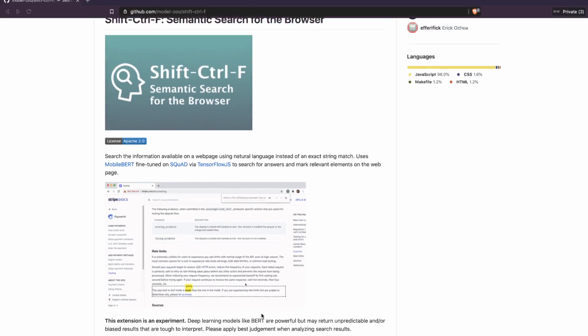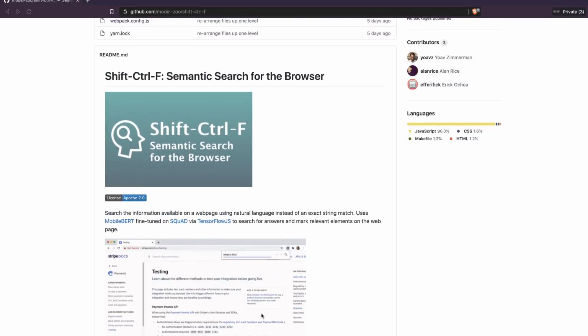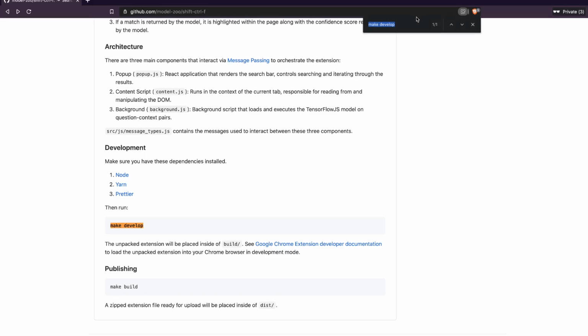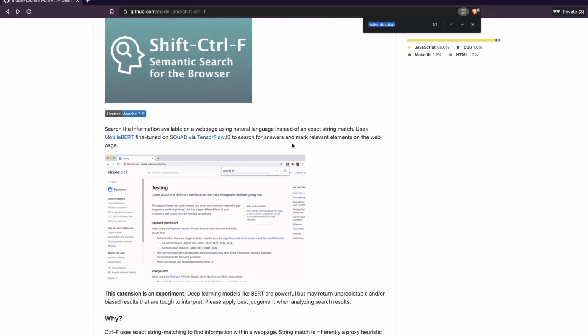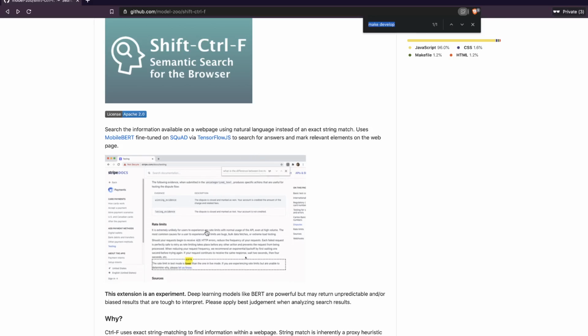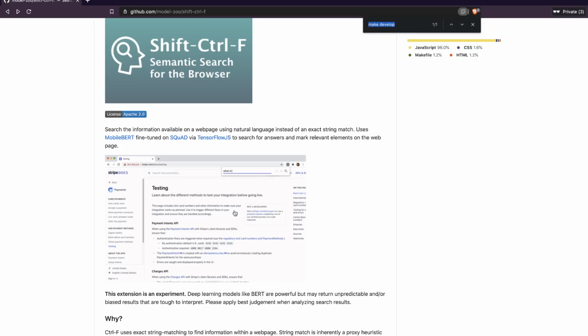So what is it? Usually whenever you want to find something on your browser, you do Control F and try to find something, which is just simple pattern matching. Maximum you can go with some plugin, you can go with regex level, but you cannot go beyond that. But what if you have a world where you can actually ask questions in natural language, like the example that's been given here? The example is shown on Stripe, a payment processing company, on their documentation. You ask a question, and this extension highlights a part in the web page where you have the answer relevant to this question, and it also gives you more options to see.